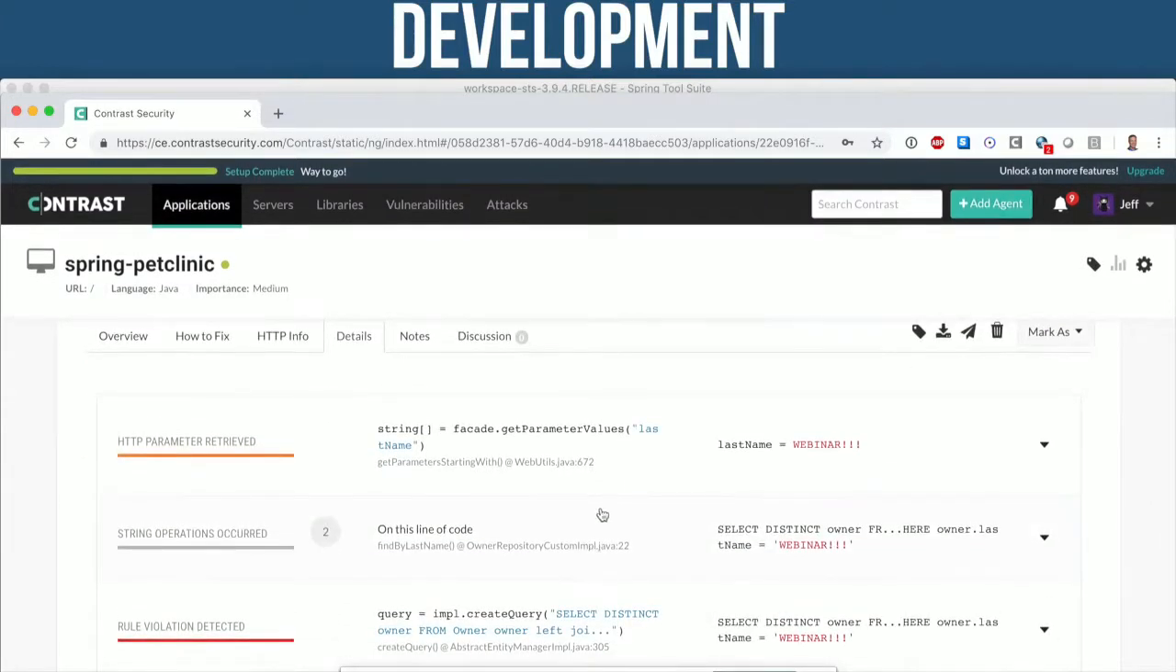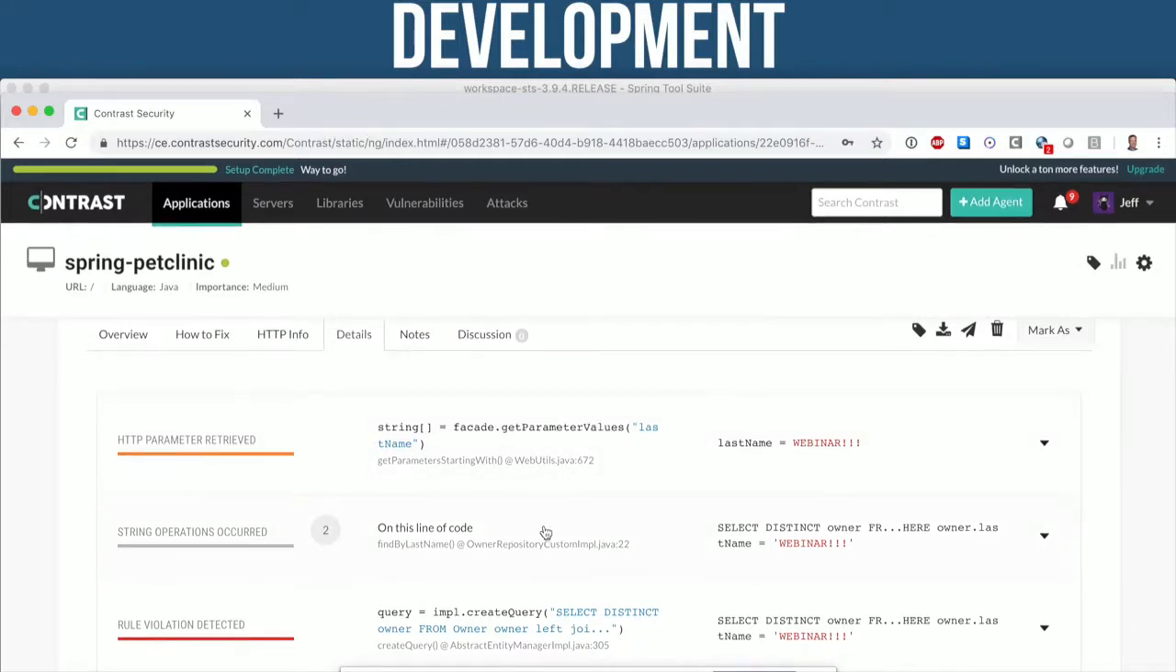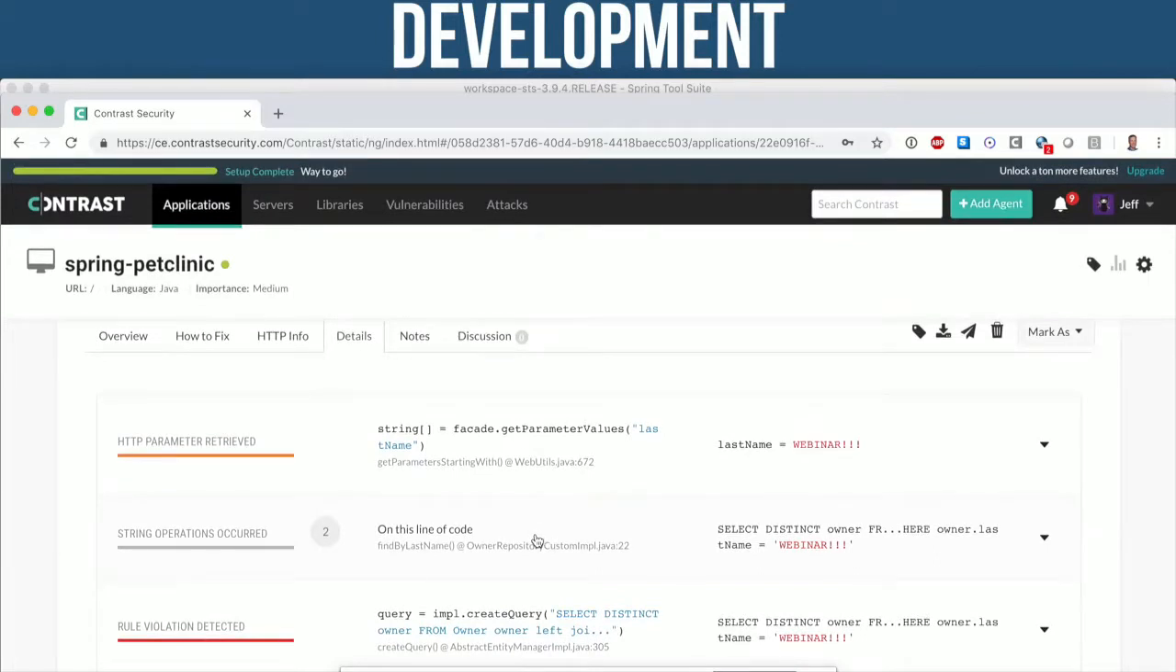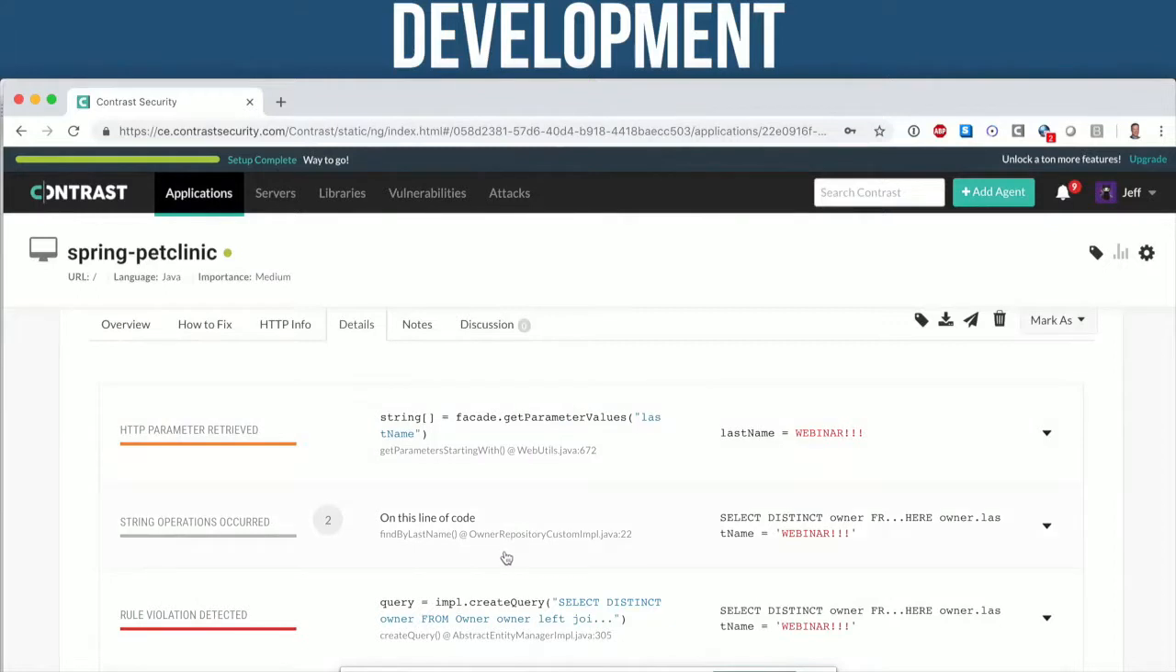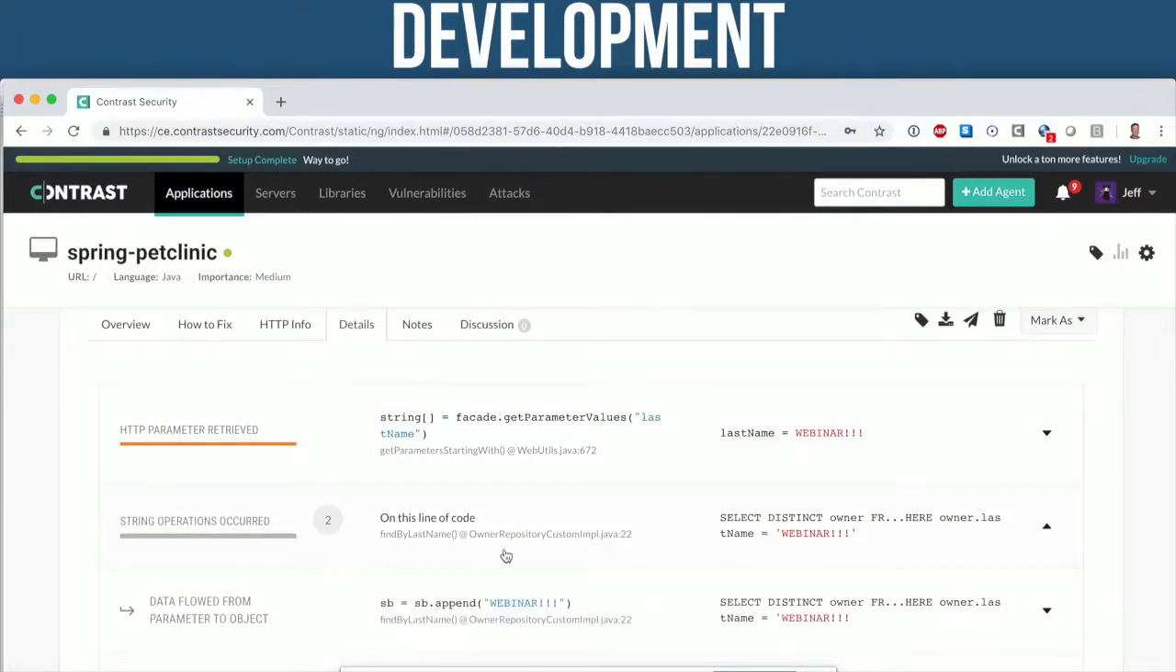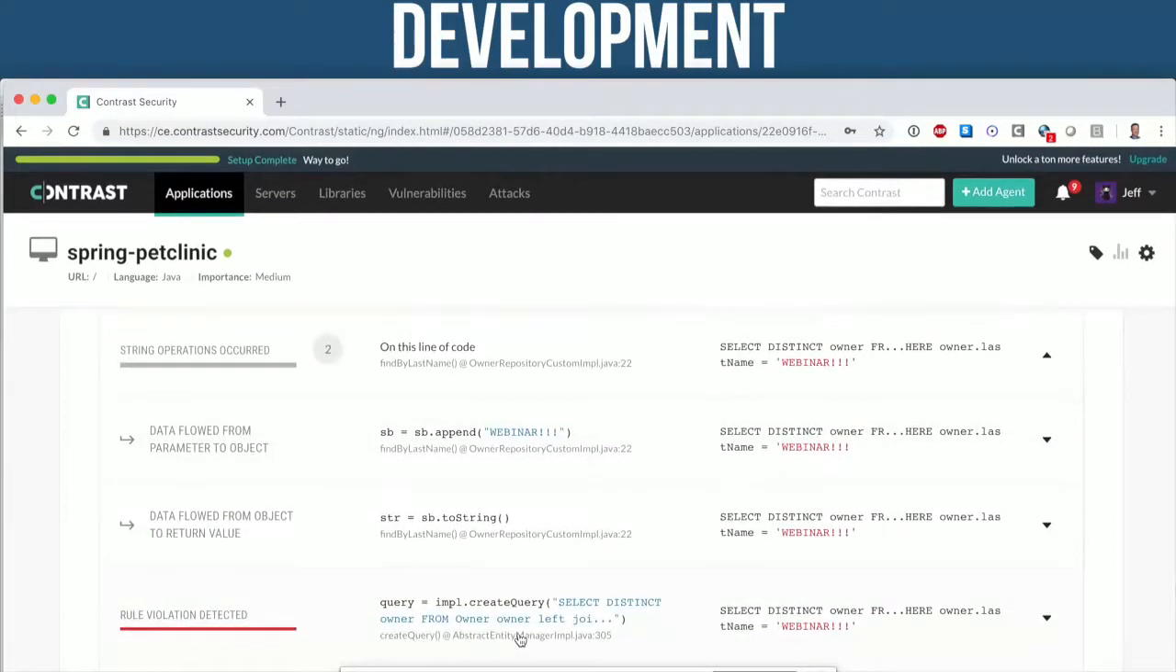You can see the exact line of code where this data came into the application. This is the get parameter values call. You can see what string operations happened to that string as it flowed through the application. We can open this, it's collapsed for conciseness, but you can open it up and see exactly what happened. We appended this untrusted data to a template query, and then we added the final apostrophe on this line of code. And then at the end here, you can see the line of code that sent this query to the